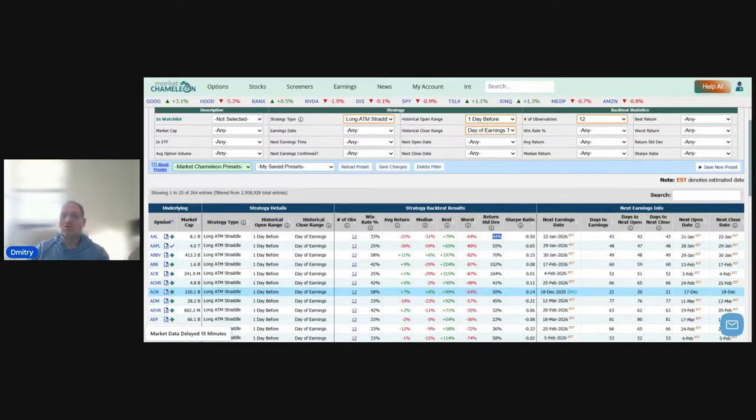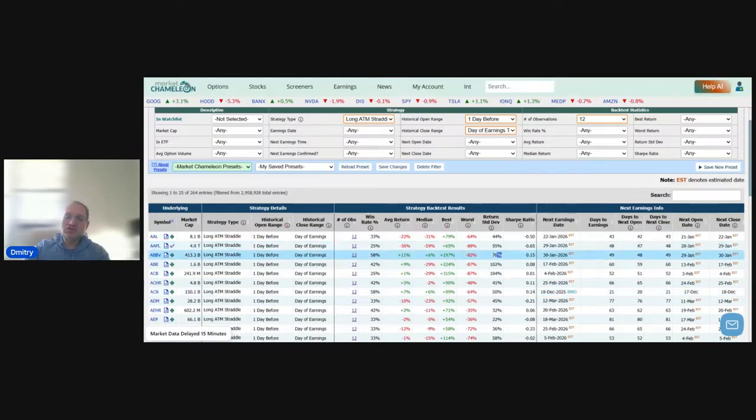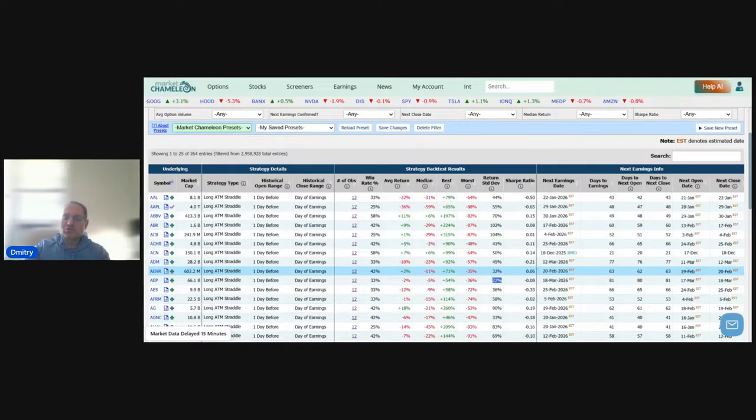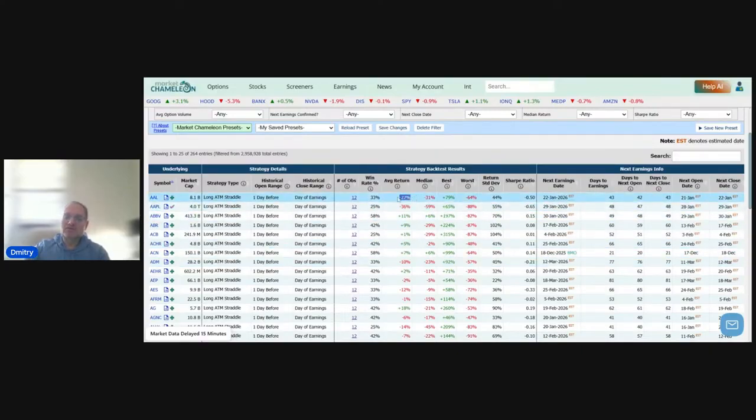Very unpredictable. You could be anywhere from 100% to 500% return, and everything in between. So that's the standard deviation of these returns. The higher these are, the more risky it is. It's harder to price these options or anticipate the earnings. And then we have this Sharpe, which will take the average return of the straddle divided